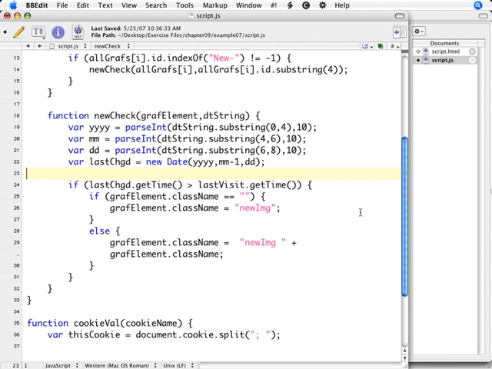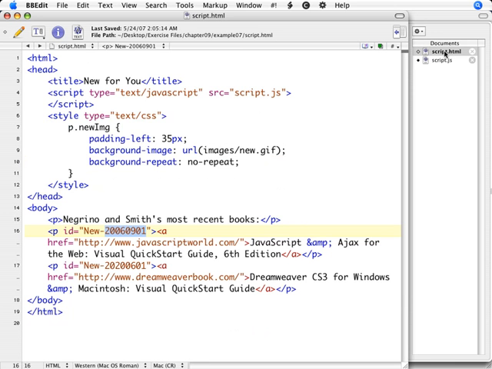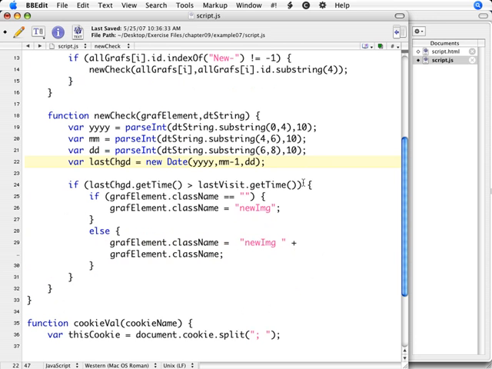Here's our last part of newcheck. So what we're looking at is lastchanged, remember that was all these figures here were based on getting the date off of the paragraph on the page itself. If we quickly go back to the HTML page, you can see that this is a date that is embedded in the HTML. And here's another date embedded in the HTML. Back in our JS file, that's going to be turned into a date called lastchanged. So you want to see if